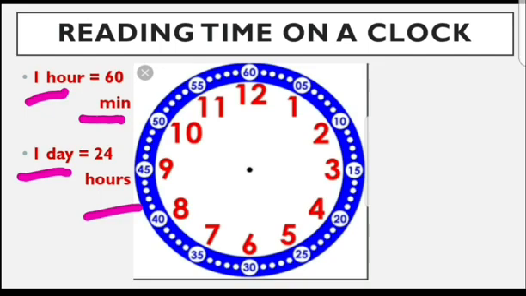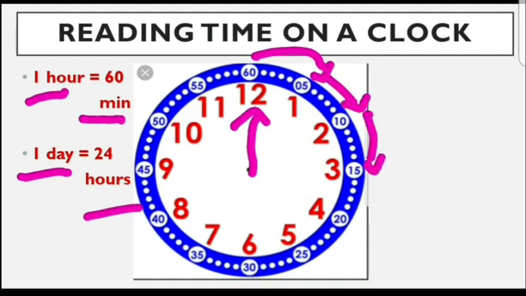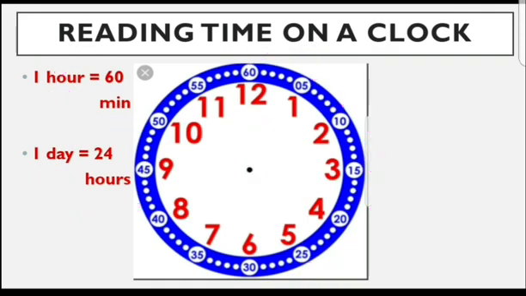That is 24 times a day. Now let's see children, for example, your minute hand is on 12 and when it moves from 12 to 1 it completes 5 minutes. Then from 1 to 2 it completes 10 minutes and from 2 to 3 it completes 15 minutes and it goes on till it reaches 12, that is now it has completed 60 minutes. That means it has completed 1 hour. This way it will complete 24 hours a day.